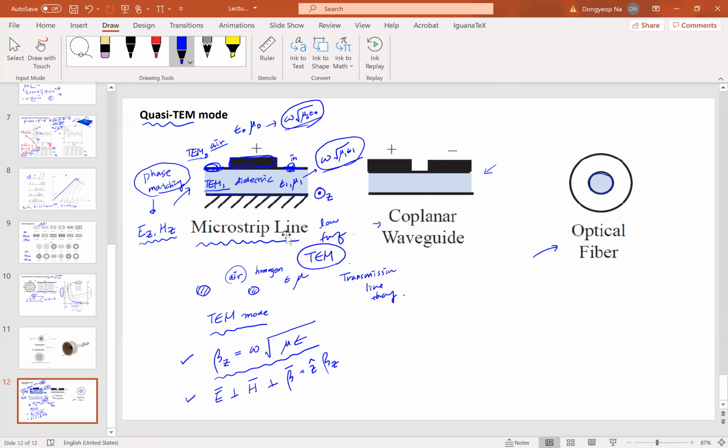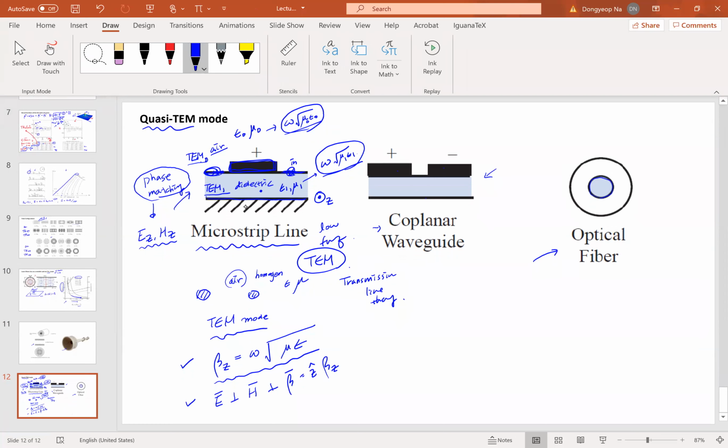Could you please explain again for this Quasi-TEM mode? What is the phase mismatching? How does it happen here? Yeah. So the wave is propagating in the direction perpendicular to this paper, right? So if this is not the dielectric material, if this is air,